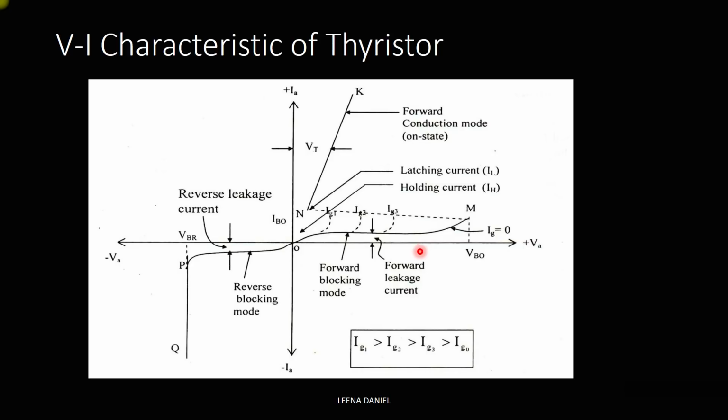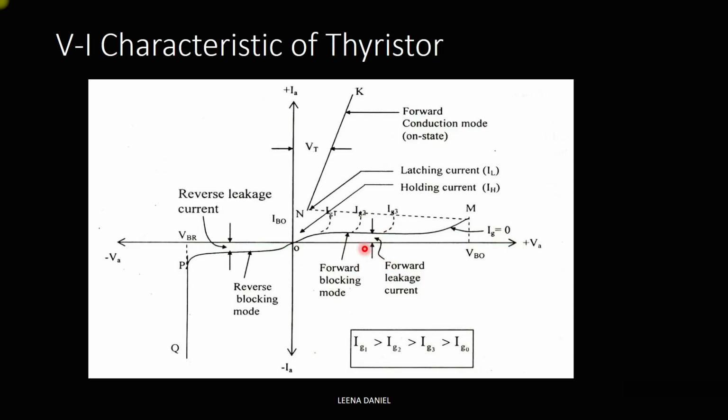And when we connect the thyristor in forward bias, from this portion to this portion, we can say O to M, no conduction takes place. We are slowly increasing the forward voltage across the thyristor, but the thyristor is not conducting. The thyristor is in blocking mode. So this mode from O to M is called the forward blocking mode, meaning the thyristor is connected in forward bias, but there is no conduction in the thyristor, only a small value of forward leakage current would flow.